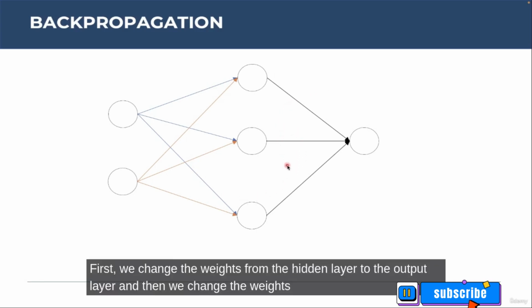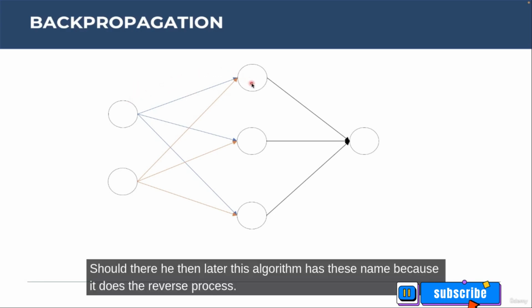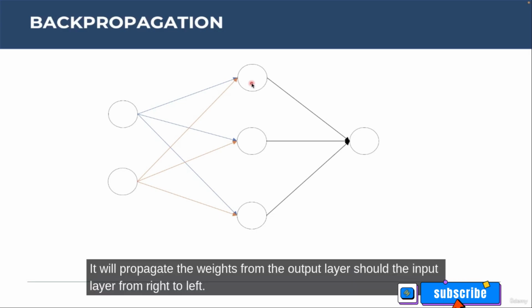First, we change the weights from the hidden layer to the output layer, and then we change the weights from the input layer to the hidden layer. This algorithm has this name because it does the reverse process. It will propagate the weights from the output layer to the input layer, from right to left.